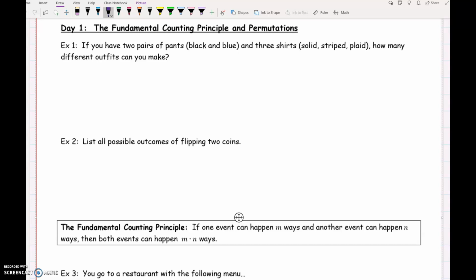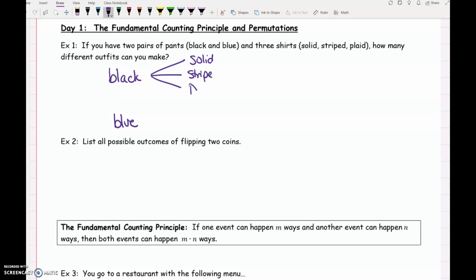We could write out black pants, solid shirt, black pants, striped shirt, black pants, plaid shirt, but I'm going to write down black for my pants and blue for my other pair of pants. If I choose my black pants, I can then choose to wear either a solid shirt, my striped shirt, or my plaid shirt. If I choose the blue pants, I can then choose the solid shirt, the striped shirt, or the plaid shirt. This is called a tree diagram, and the end of each branch, like this top branch, is